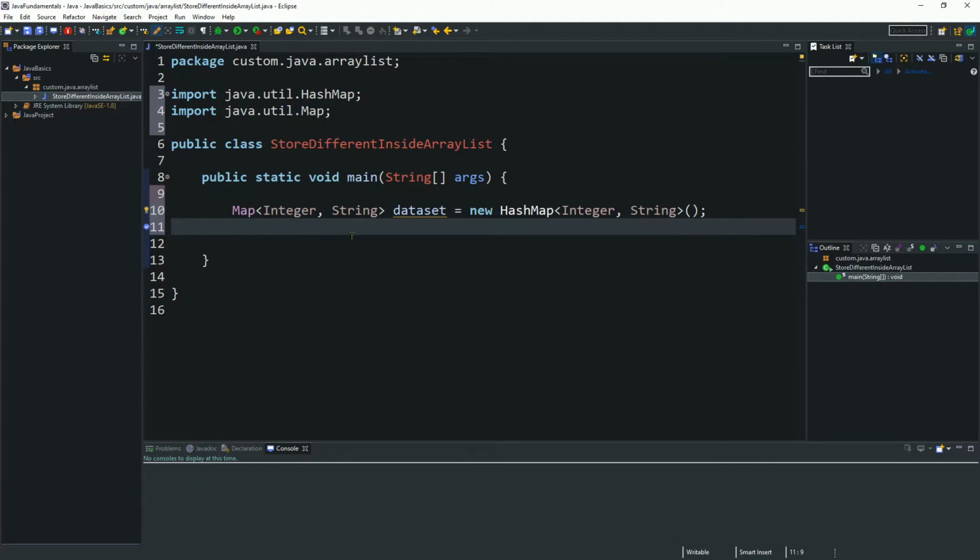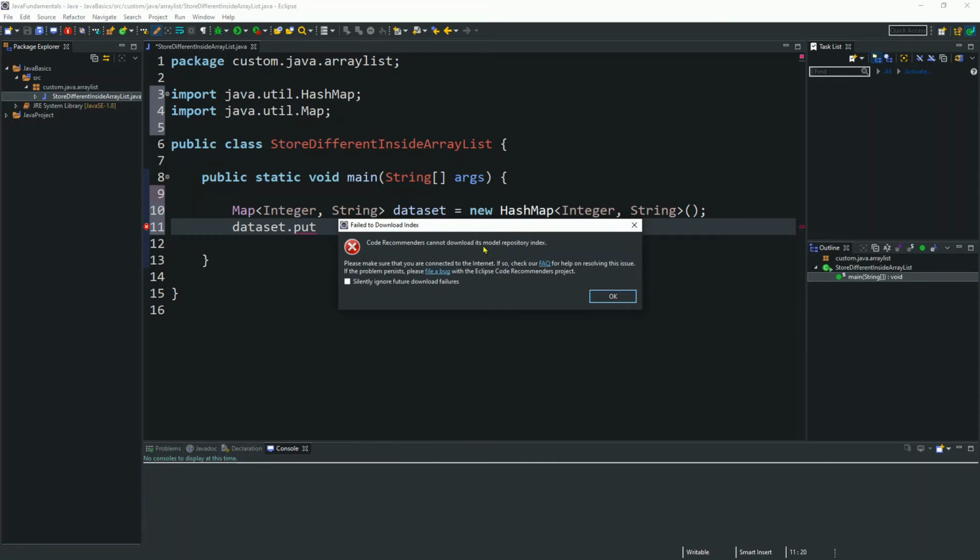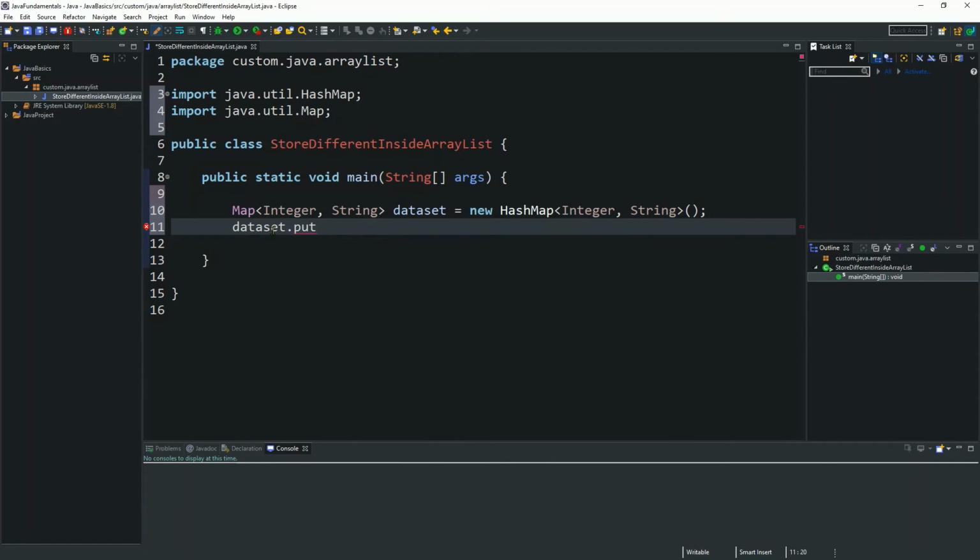Now you have to add your entries inside this map. I am adding my first entry: dataset.put. For entering a value inside this map, you use the put syntax. In an ArrayList you use add, and for a map you use put.